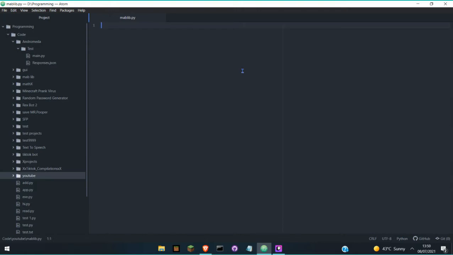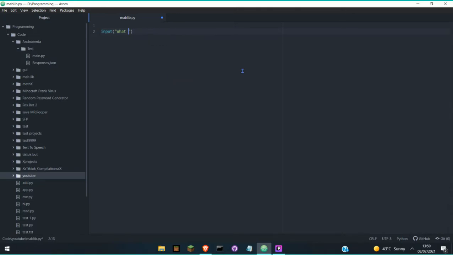So first things first, there are no modules you need to import or anything like that, but the first thing you need to do is to ask the question. So here we're going to be using the input command. So first of all, we'll input something, and we'll ask this, what is